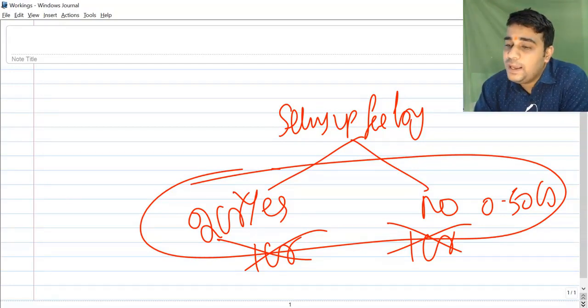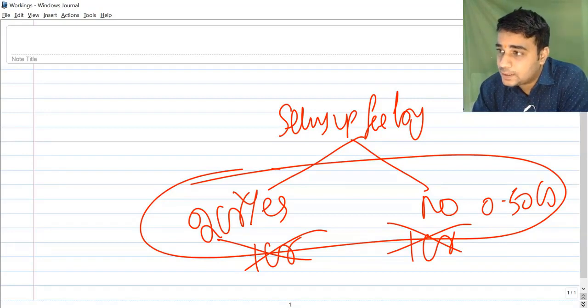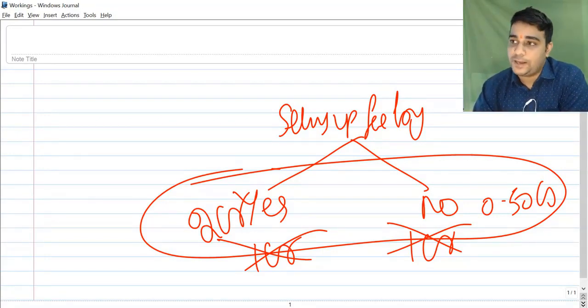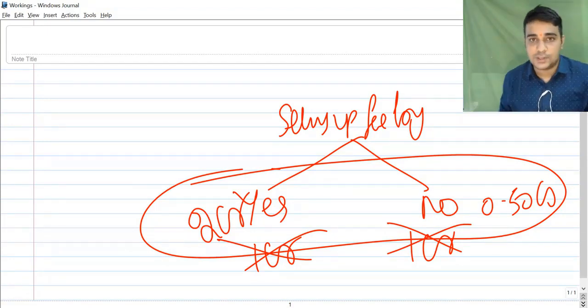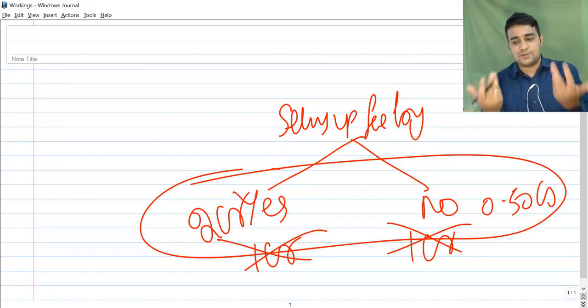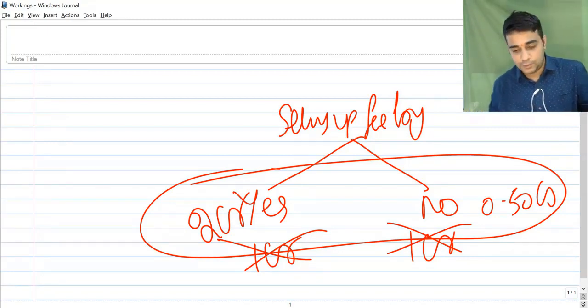50 lakhs you have to pay irrespective of whether you do the project or not. Extra 1.5 crores you will have to pay only if you do the project. Clear? Any doubts in this? This is a simple explanation of relevant costing. This is what I'll end up doing mostly.